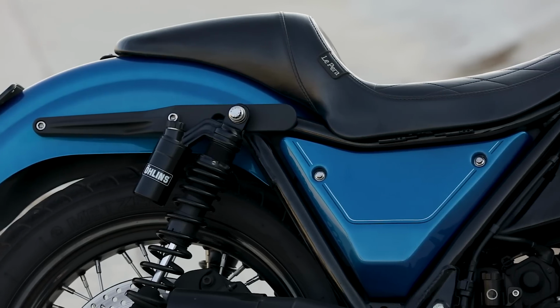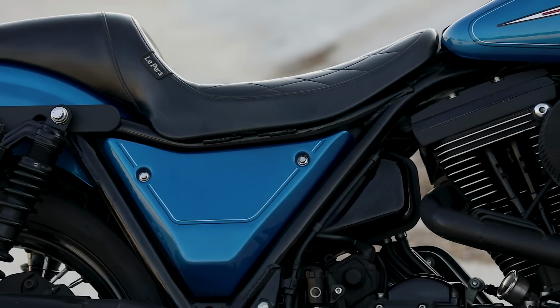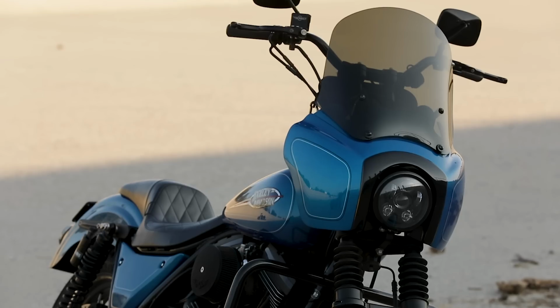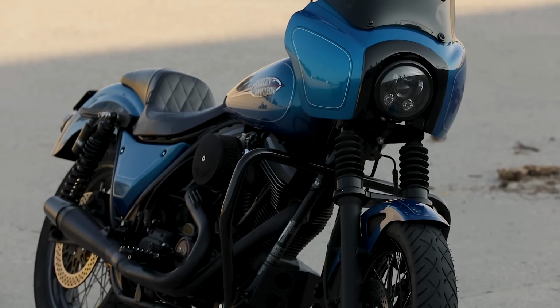When it came time for painting, I used Bondo out of Orange. We went with the stock Harley blue color, but I wanted it a little bit different, so we darkened it up a little bit and changed the pinstripe colors to silver and the black. I'm running a JD Customs front fairing, Harley sport fender in the front, and then I have a Lepera seat